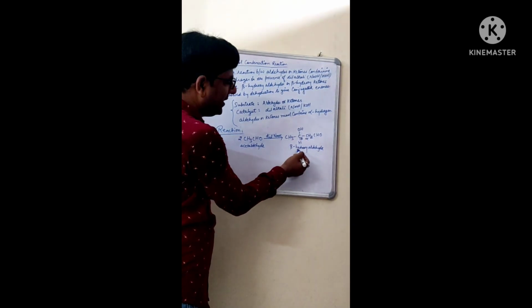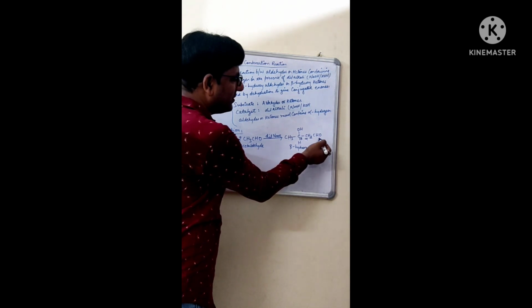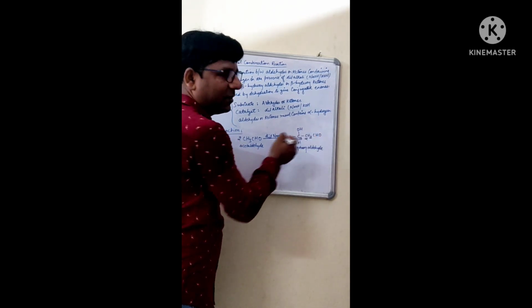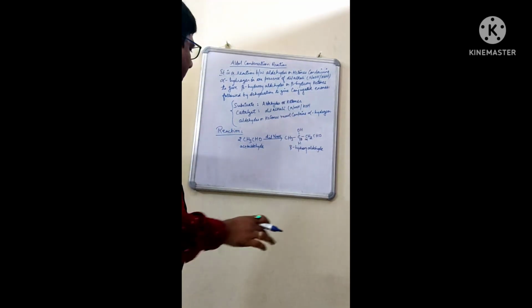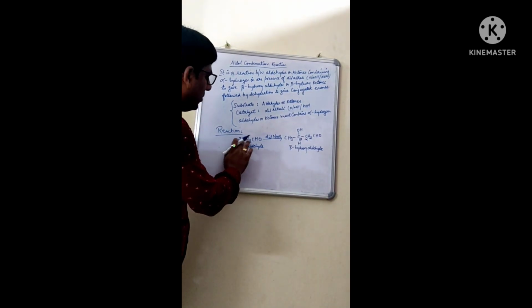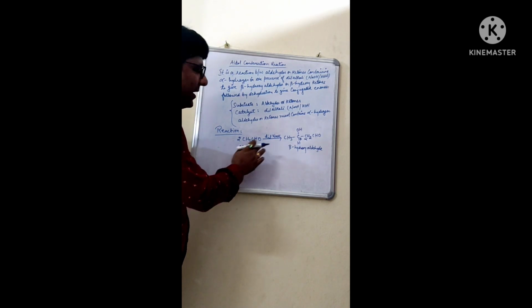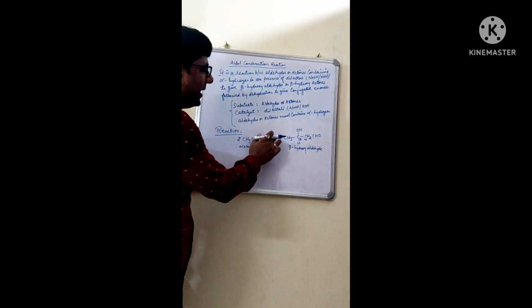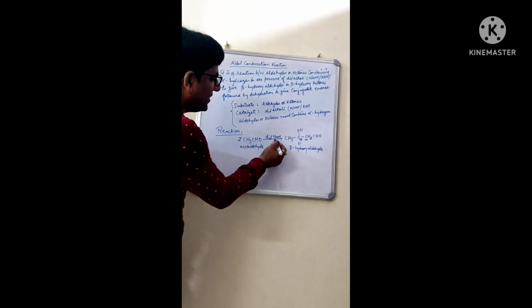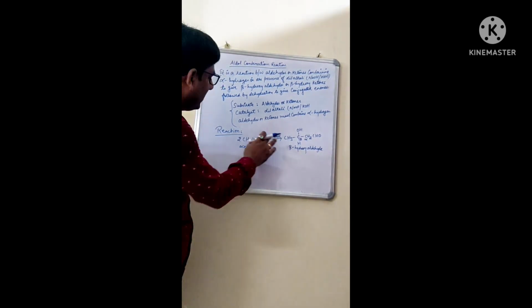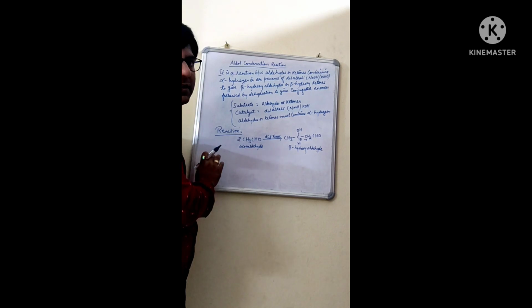So we are calling it a beta hydroxy aldehyde, as we have the aldehydic functional group. And we have taken two molecules of acetaldehyde as a substrate, and that reacts in the presence of what? Dilute NaOH. Now here, the role of this NaOH, the base, is to abstract the alpha hydrogen from this acetaldehyde.